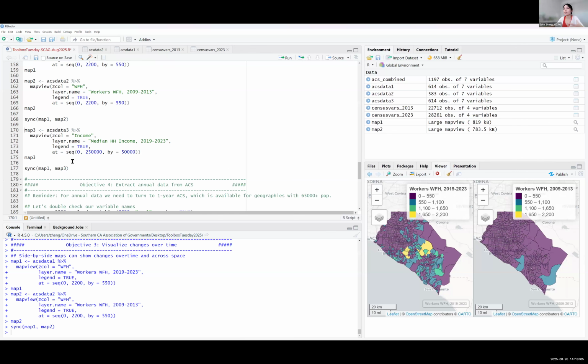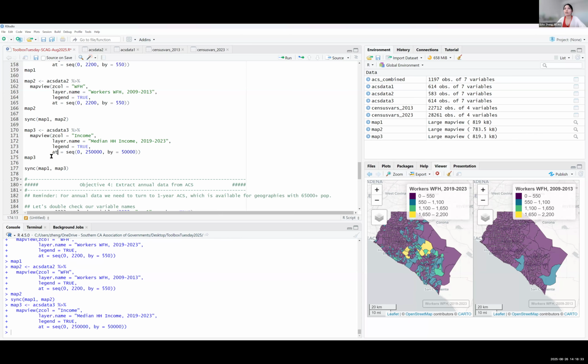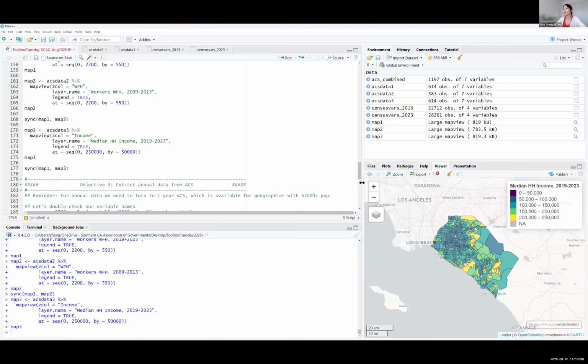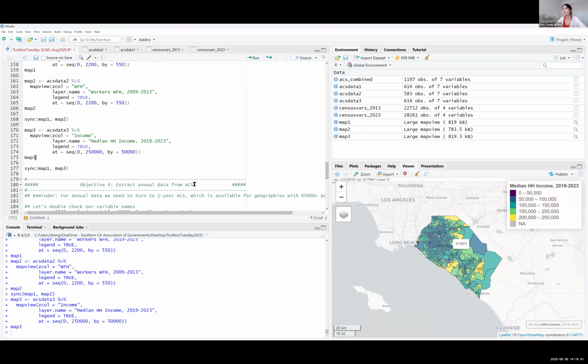And it doesn't just work with the same variables. Here's a quick example. Remember, we also get data for income, and people often say that remote workers might be correlated with income level. So we create another map for income. This time we are mapping ACS data 3 and the income column. And let's run it and get the income map. Okay, there you go. So here, income.